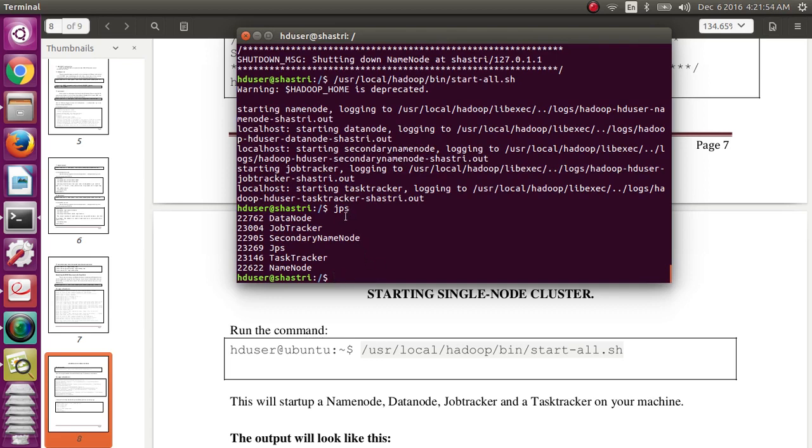When I execute jps, the data node is running in the background, the job tracker is running, the secondary name node is running, the task tracker is running, and the name node is running. The data node's process ID is 22762, job tracker 23004, secondary name node 22905, task tracker 23146, and name node 22622.